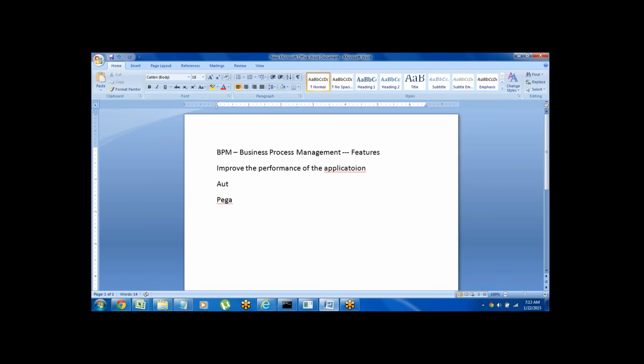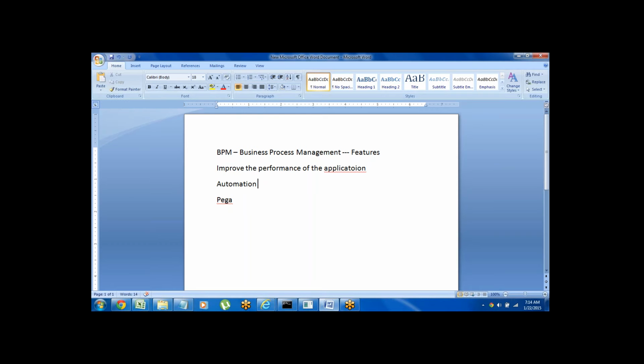And automation of work. Normally in BPM tools everything is automated, meaning everything is available within the tool itself and we just need to reuse those services. Nothing is written manually, so we will not write any coding here. Without writing any coding we can develop the total application. For that purpose everything is automated here.